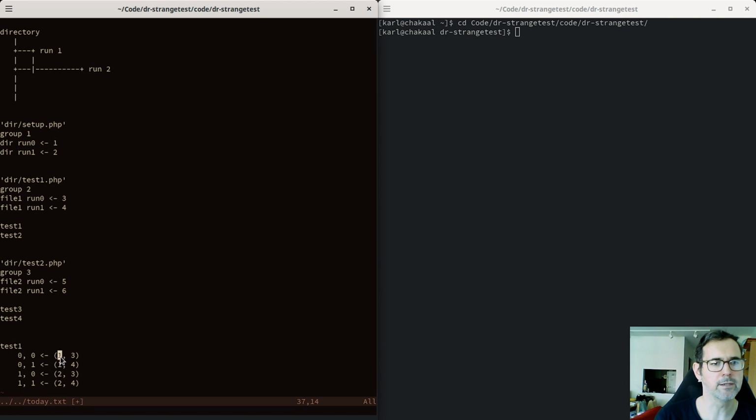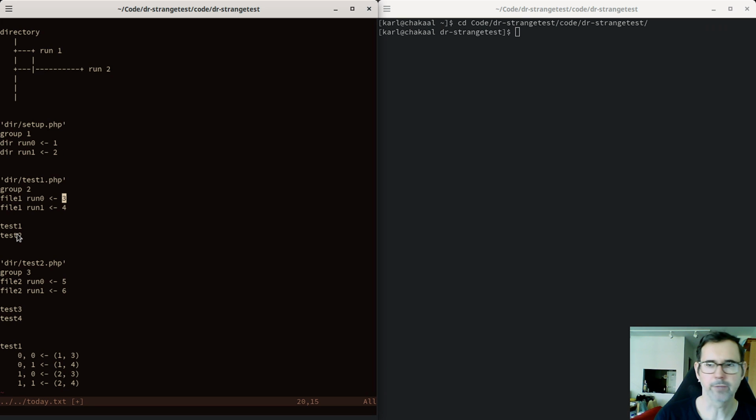But if we were using the IDs assigned by the framework, these would be the instances we're talking about. Test 1 would be run as part of run 3, which would itself be inside of